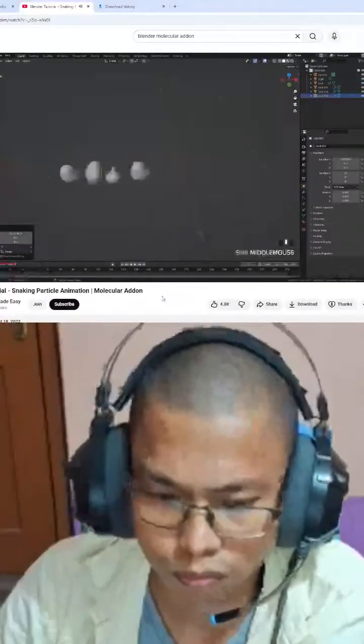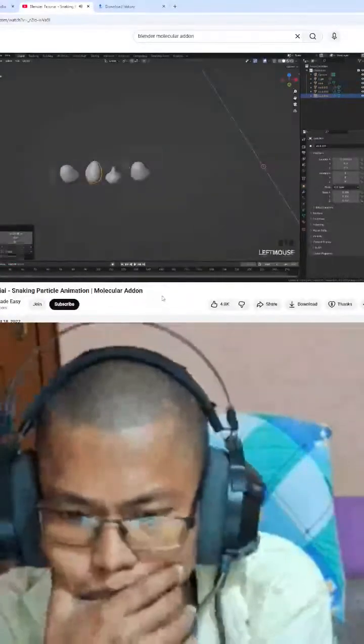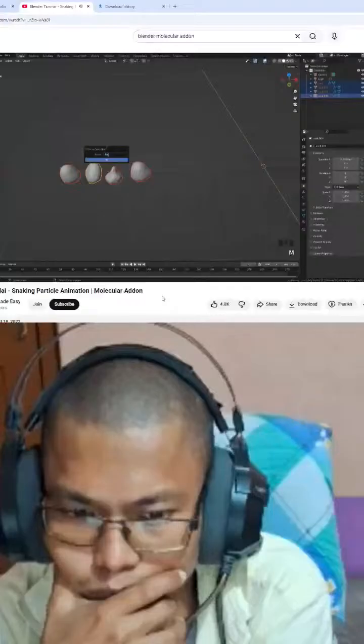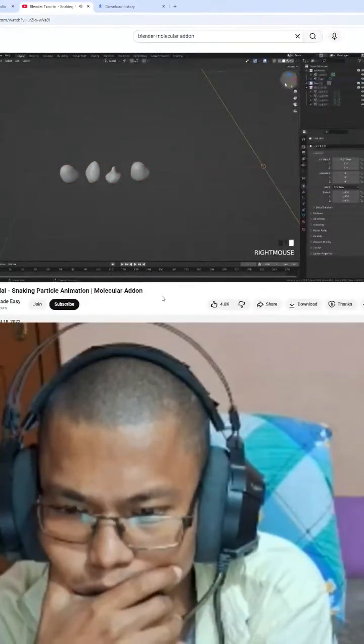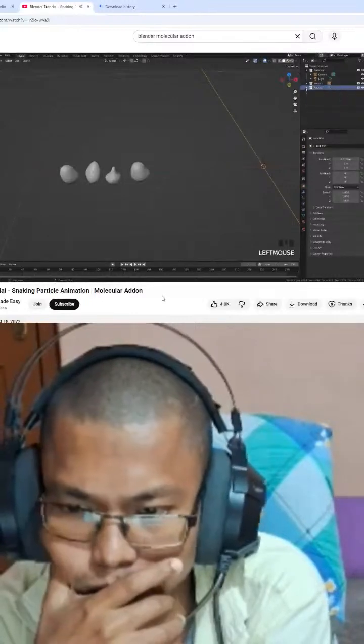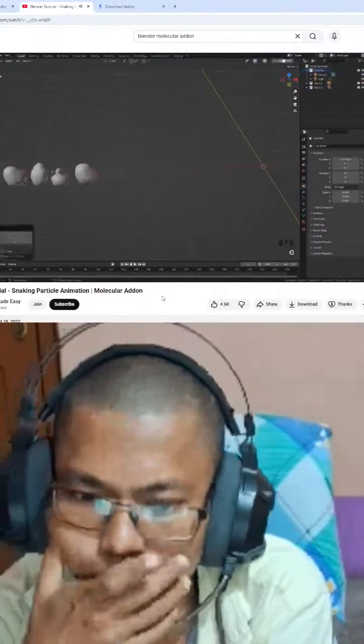What we're going to be doing is having 2 different collections of rocks, so we can add in different materials to each particle system. So we'll select all of them, press M, and move them to their own collection. We'll call it rocks 1. Then what we can do is select this collection right here, right click, and then click on duplicate collection. We'll call this one rocks 2. With that done, make sure you select your original collection so it doesn't add the other objects to the rock